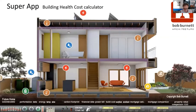So I'll just pop back to this one here. This is a project that we are putting a funding application in for with the BRANZ levy funding, looking at collaborating with BRANZ to create a super app, which is really a calculator to calculate the cost of building but also the ongoing cost. I've talked about this before, and we've sought funding for this before, but unfortunately it hasn't been picked up till this point. But I've persevered with it because it would be such a groundbreaking thing to be able to sit down with your designer or builder and